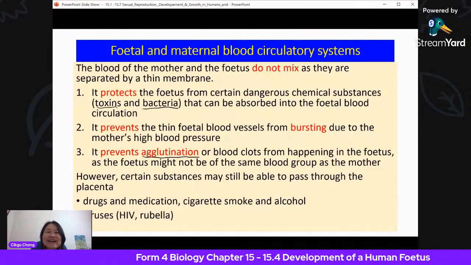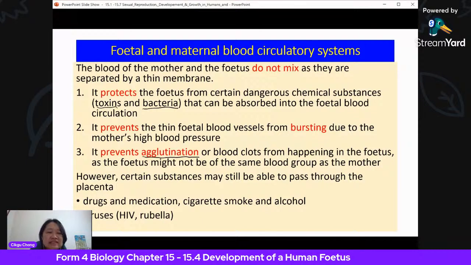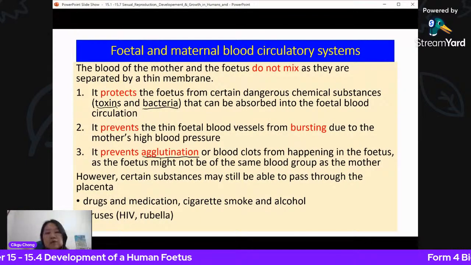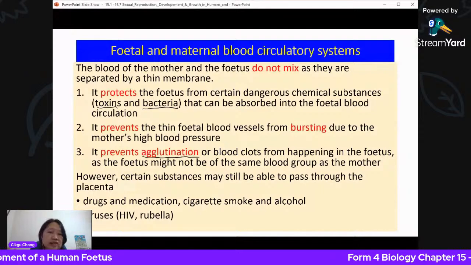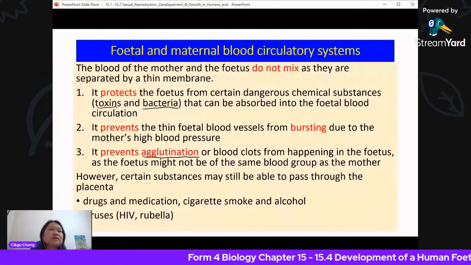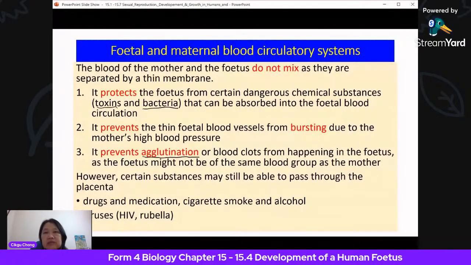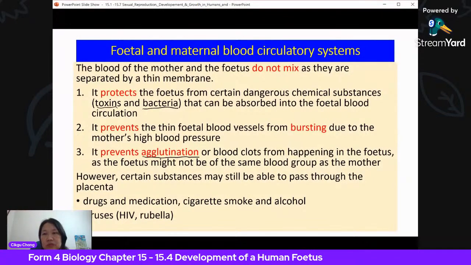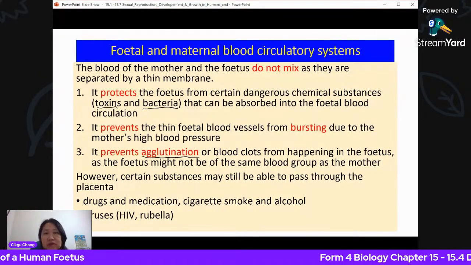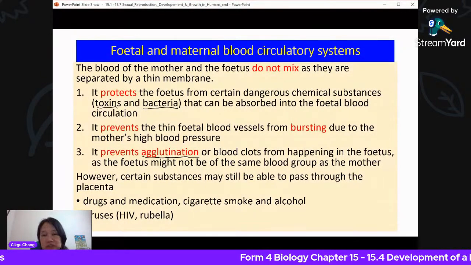Okay, right. So viruses, because they're very small. So that's why a mother who has AIDS, because she has the HIV virus in her blood, this can be transmitted to the baby. It can cross the blood barrier. It can be delivered to the baby because the size of the HIV virus is very small. Okay, viruses are definitely much smaller than bacteria.